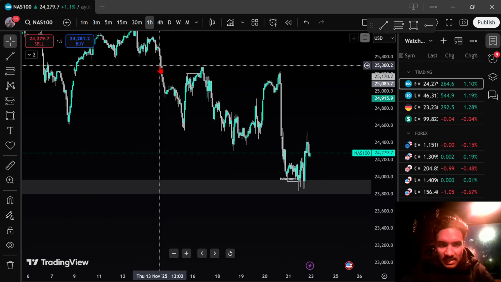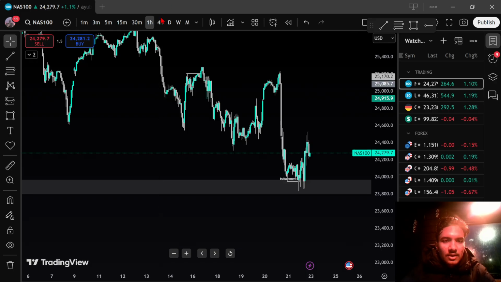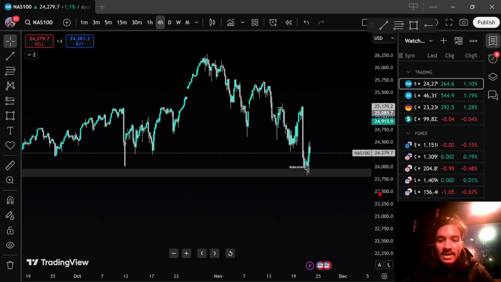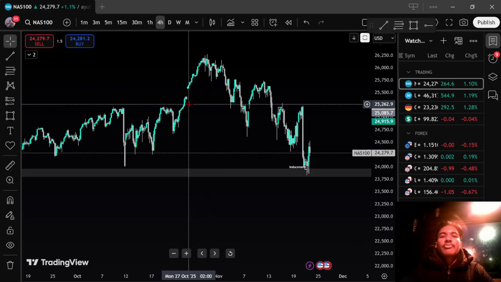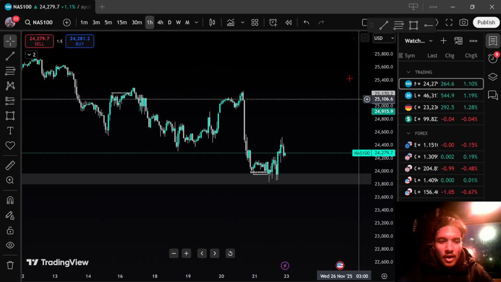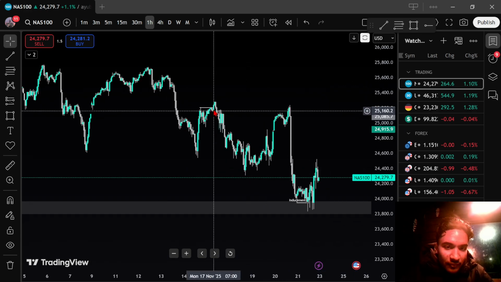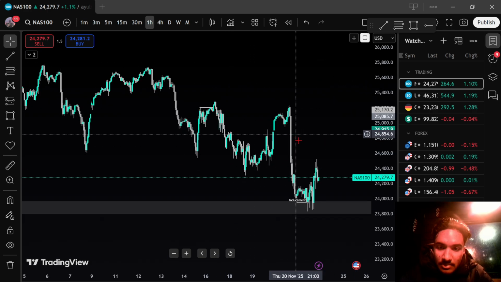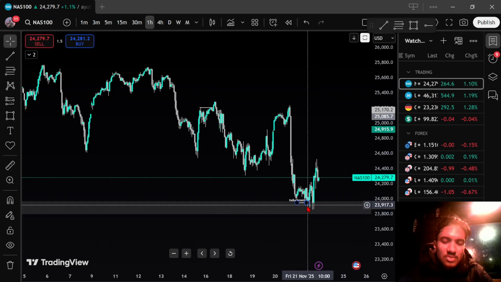Okay, that's the first type of liquidity hunting. The second one is fair value gaps. When price is ranging, for example, look on the hourly. You know how I said before a big move, before a big move like this, there's always